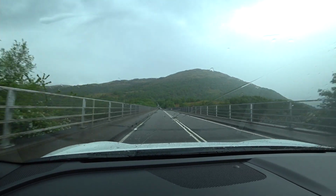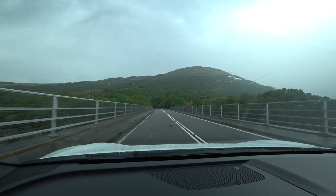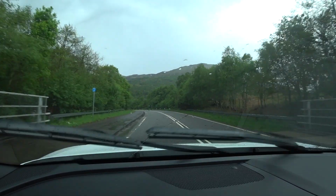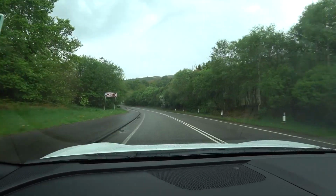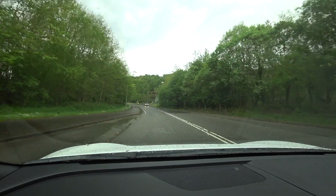The cost to do a 100-mile trip while solo and getting 3.8 miles to the kilowatt hour at 27 pence per kilowatt hour would be £7.10. To do the same trip in my old Nissan Navara, from which I used to get 35 miles a